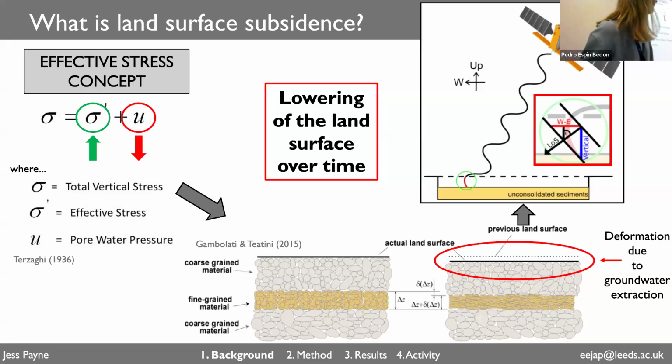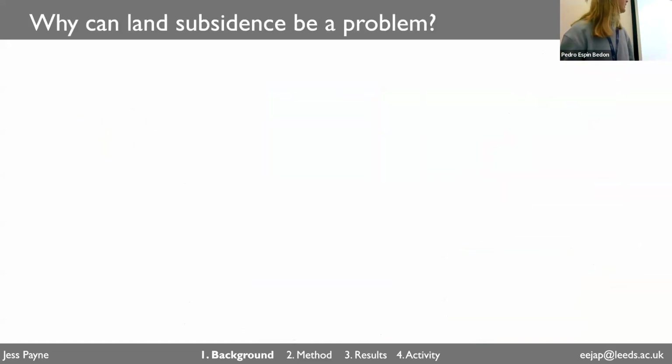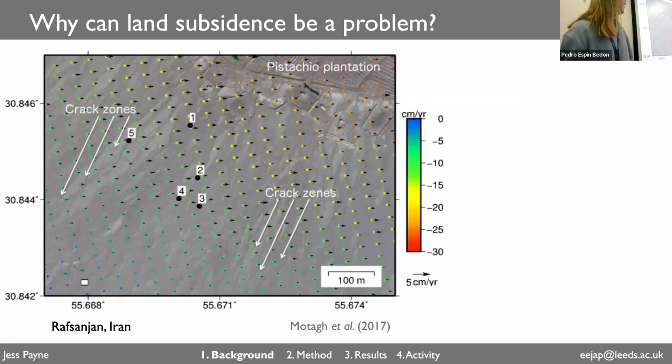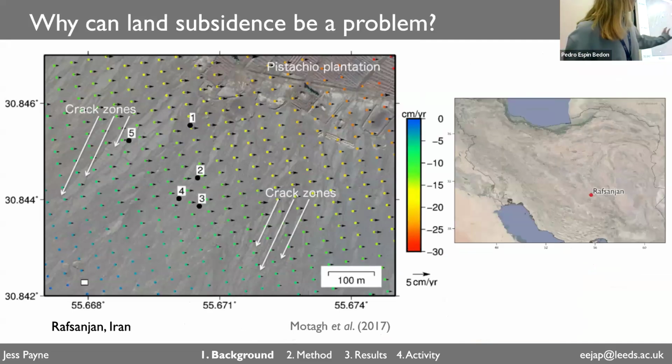And we can take this line of sight direction from those satellites, deformation in the line of sight, and convert that into more intuitive components of deformation, vertical and east-west, for example. And why can land subsidence be a problem? So here's a quick example. This is an area in Iran, near the city of Rafsanjan here in central Iran. And on top of this optical image here is some vertical InSAR data, showing how fast the ground's moving up and down. I think it is Sentinel-1 data, so similar to the COMET data as well.